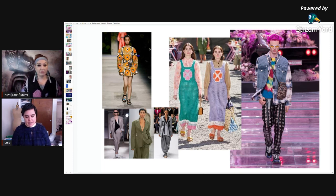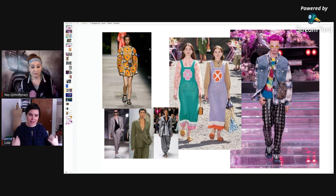That's definitely back. The structured clean lines of the 80s, as well as the shoulder pads that we've already talked about. And then the 90s, which we didn't really touch upon, but I still think is going to be a big influence, is more of the casual oversized streetwear. In this picture, there's the tie-dye and the jean vest. I think this was